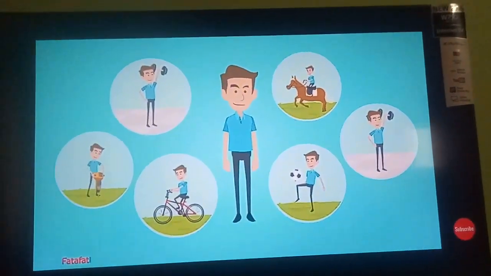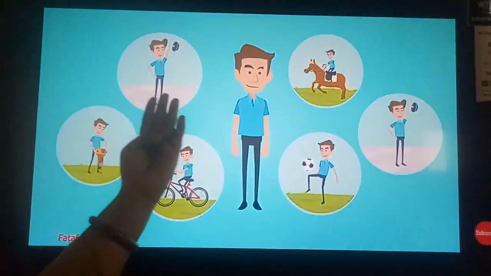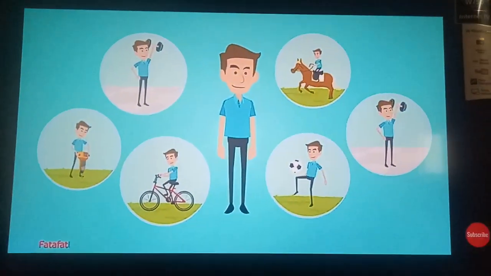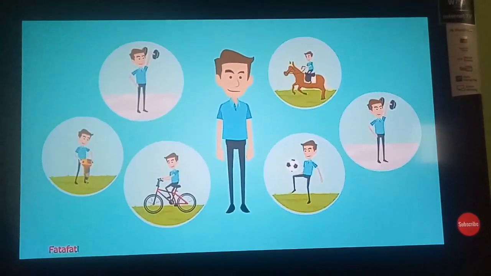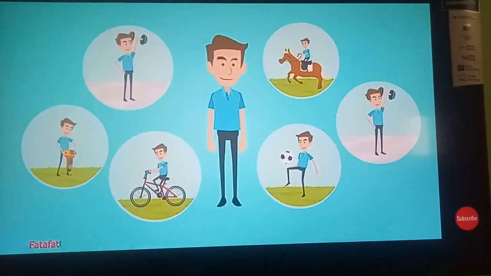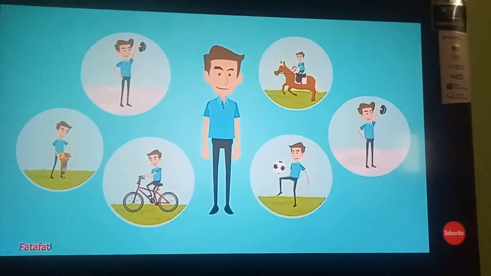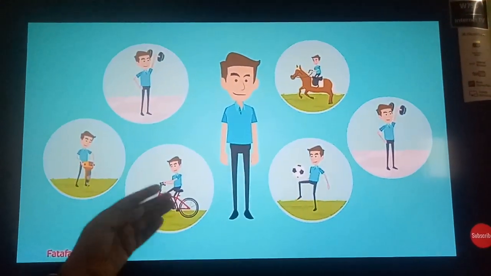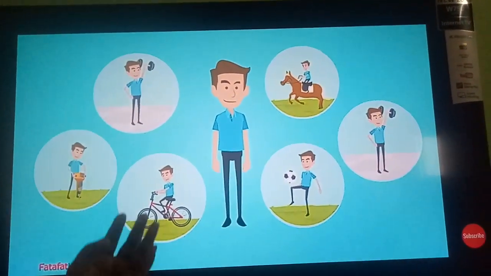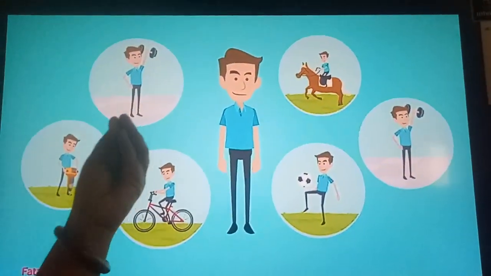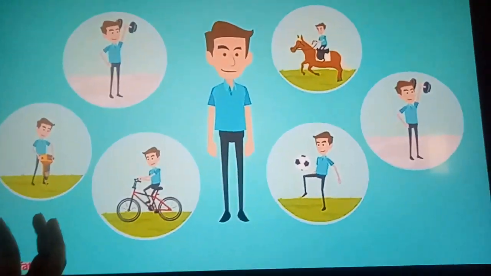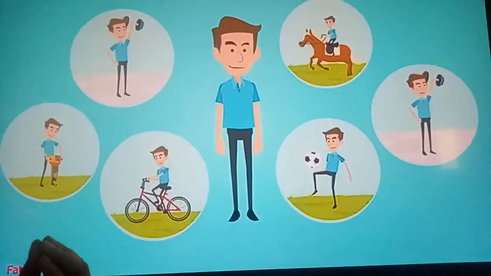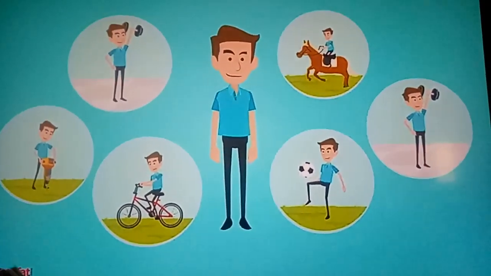In this video you can see that we carry out different activities in our daily life, and to carry out all these activities we require energy. How is this energy requirement satisfied in the body? That is done by respiration. During respiration, as I told you, we take oxygen rich air, and that oxygen will carry out respiration at the cellular level.